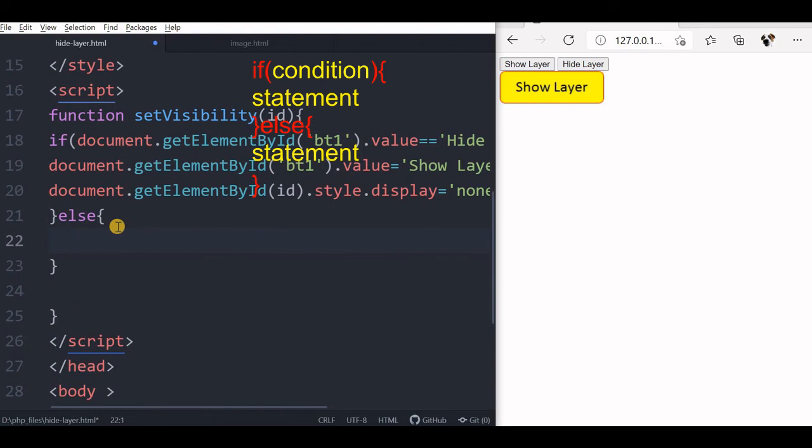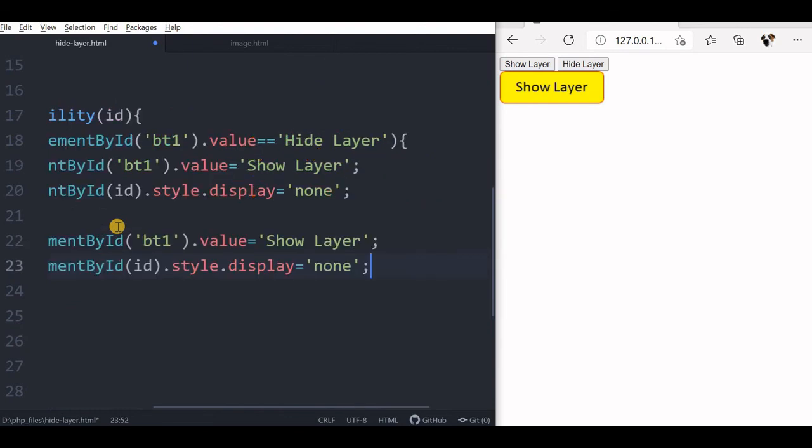If it is not so, then what happens? Then this should say hide layer. This should exactly match with whatever I am writing in the if condition. This checking I am doing here, that should match. Hide layer and display inline.